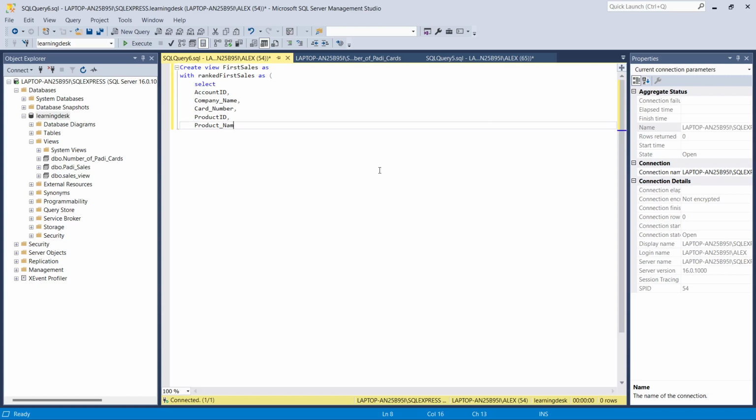Okay, we have to put a comma, the sales date, comma, we'll look at the quantity, which is the QTY, comma, total cost, comma, we've got the total price,